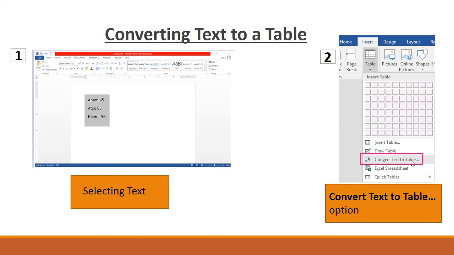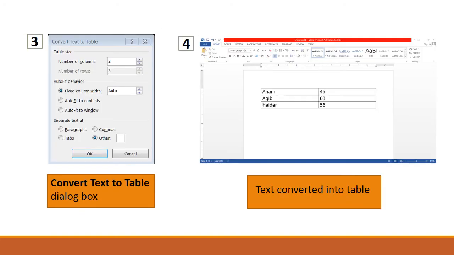Now in the second step, in the Table group, we have to choose the Convert Text to Table option. Step 3, the Convert Text to Table dialog box will appear. Now we have to enter the number of columns, only the number of columns, because the number of rows is already decided.